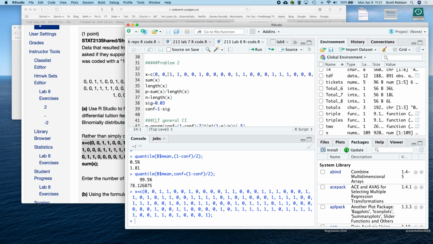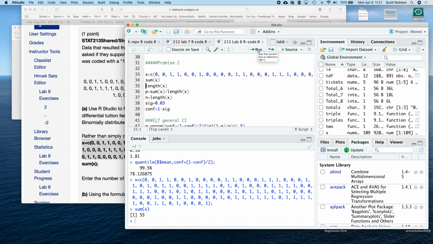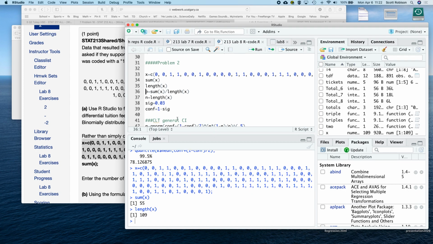So when you're asking how many people said yes, all you need to do, because zero plus anything is just the same as what it was before, is add up your sample, and all the adding is going to do is tell you how many ones there were. And here you can also use another command, not sum of x, but the length of x, to tell you how many in total, both zeros and ones, there were. So here, if I do sum of x, I see that there were 55 ones spread throughout